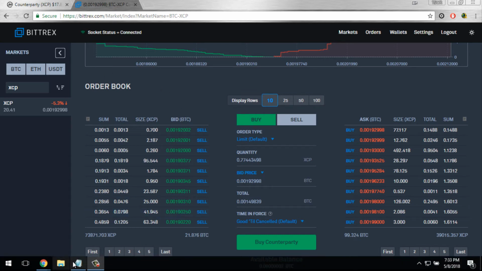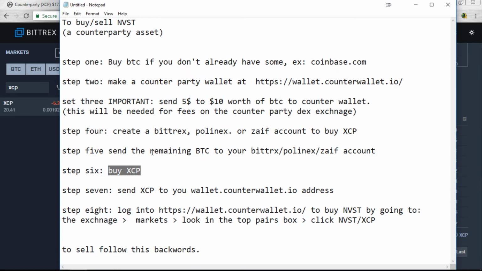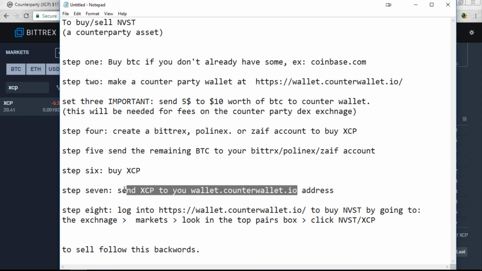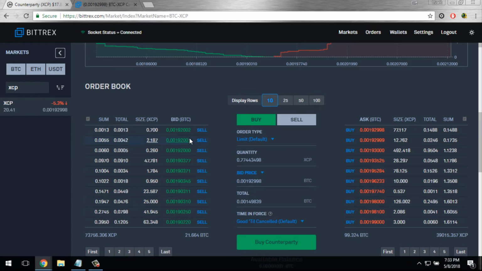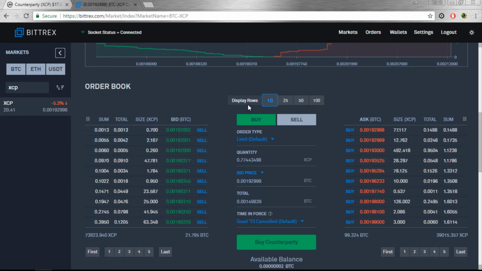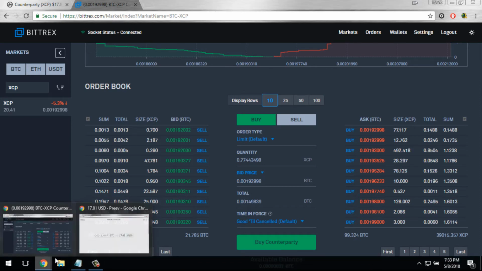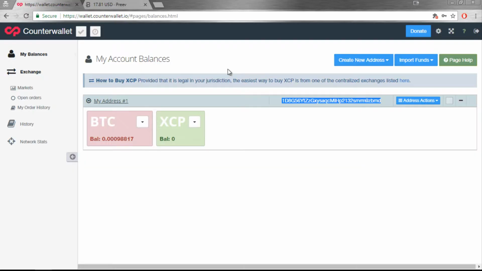So our next step is to send our XCP funds over to our counterwallet.io address. After we've purchased our funds, if you use Bittrex, it's going to ask you to do a whitelist address. You just simply go to your settings, and on the left side it'll say whitelist, and you add the XCP address to your whitelist. So I'm going to copy my XCP address,